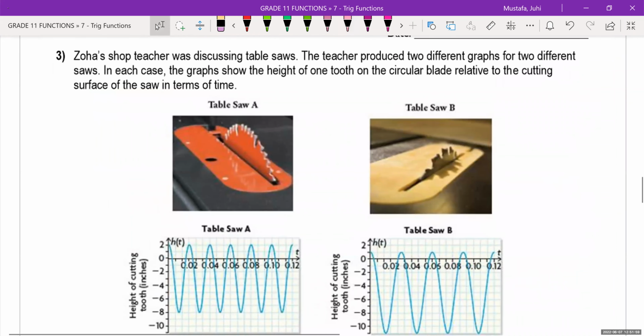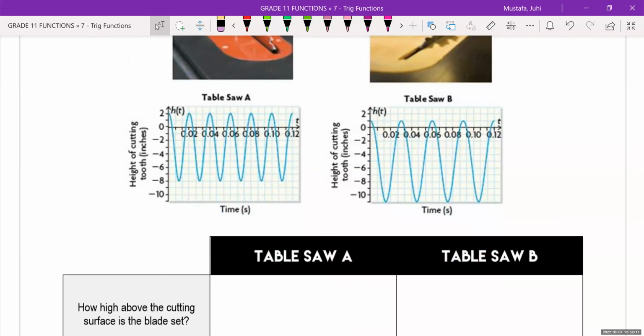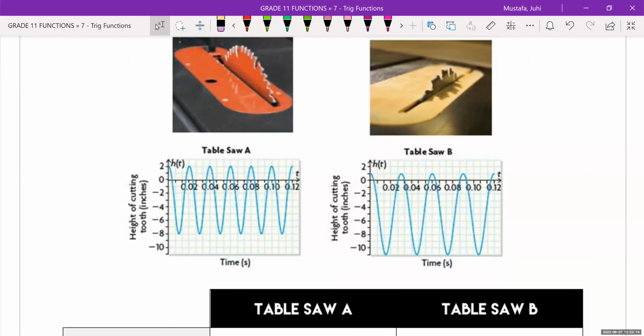So Zoha's shop teacher was discussing table saws. The teacher produced two different graphs for two different saws. In each case, the graphs show the height of one tooth on the circular blade relative to the cutting surface of the saw in terms of time. So here they are, you guys at home, I'll just show them to you. The graphs are time, and then height of cutting tooth